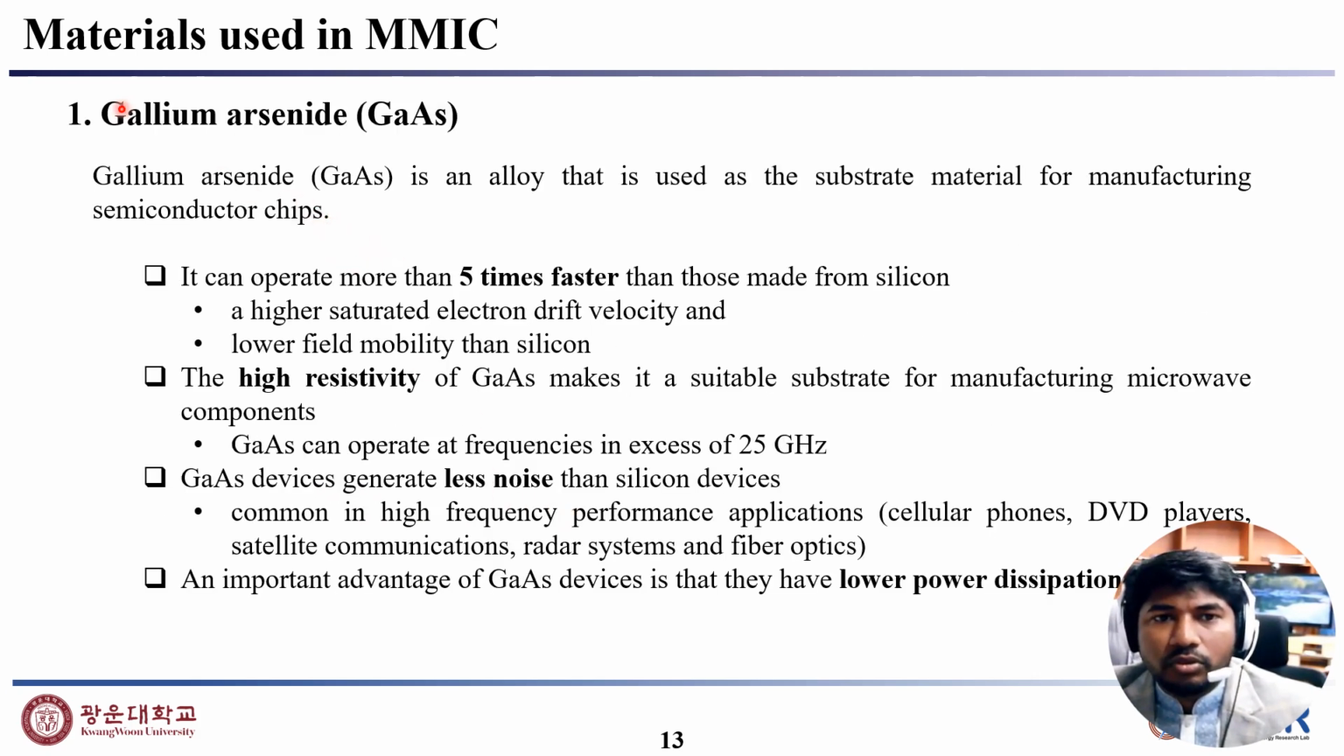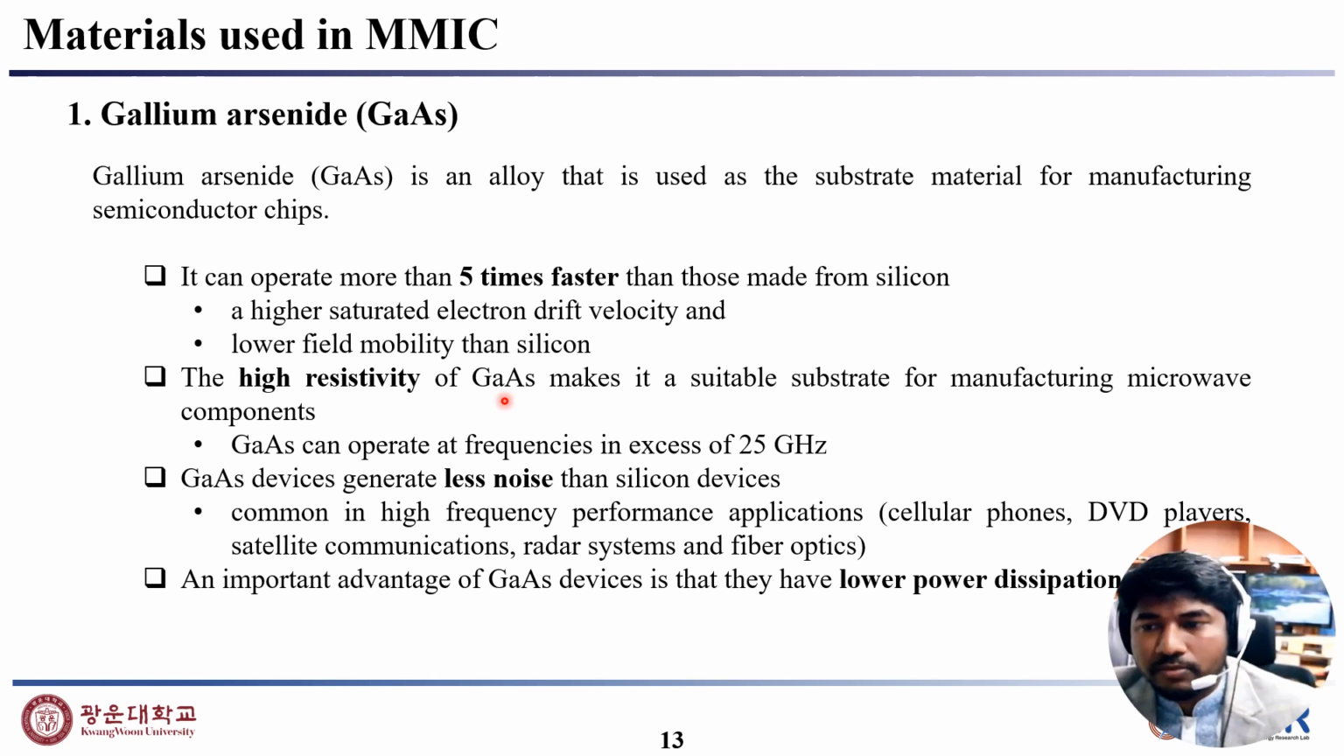So for example, we are describing here gallium arsenide. Gallium arsenide is an alloy used as the substrate material for manufacturing semiconductor chips. It can operate more than 5 times faster than those made from silicon. It has a higher saturated electron velocity and lower field mobility than silicon, and the high resistivity of gallium arsenide makes